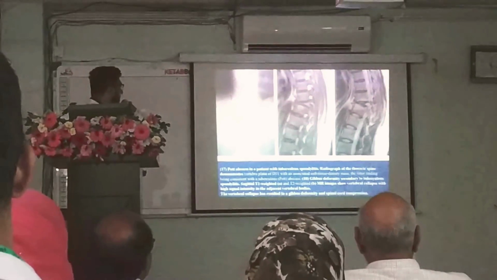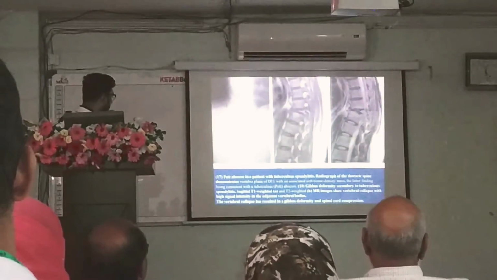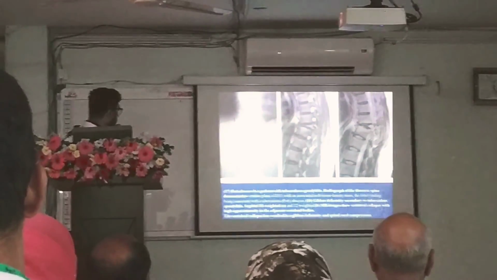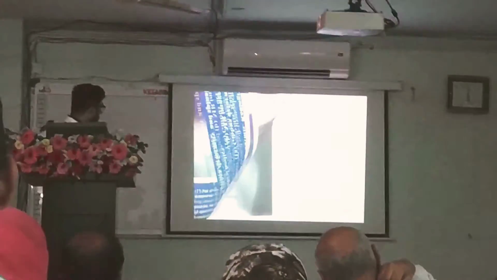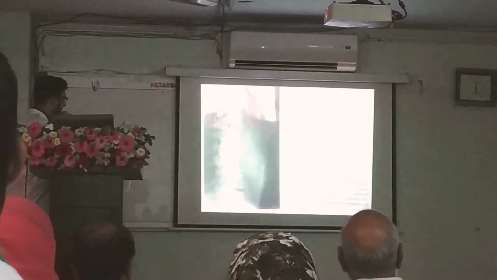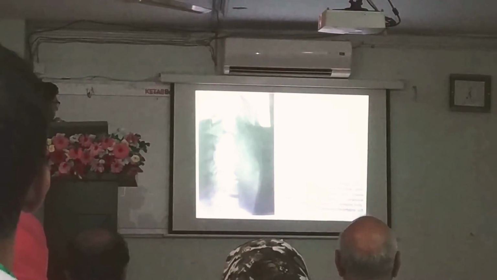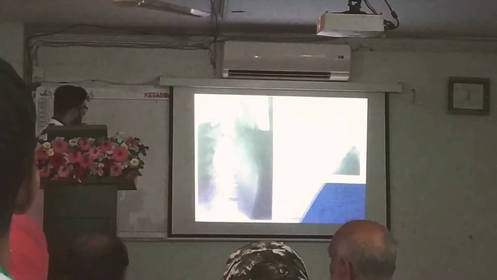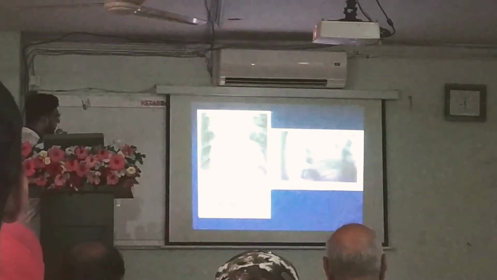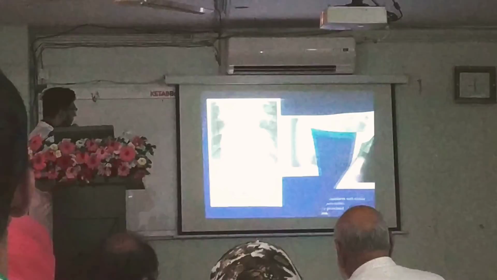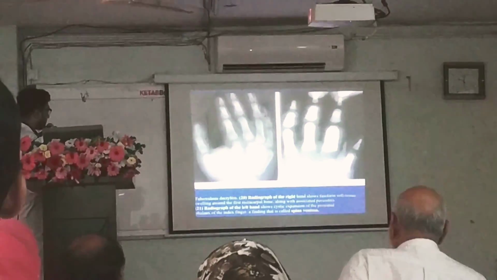Let's see some other radiological photographs. The first picture shows Pott's abscess in a patient with tubercular spondylitis. This is another X-ray showing the typical radiological picture of an established case of tuberculosis of the cervical spine. This is a lateral view of tuberculosis of the spine. Here, in the first picture, we can see radio